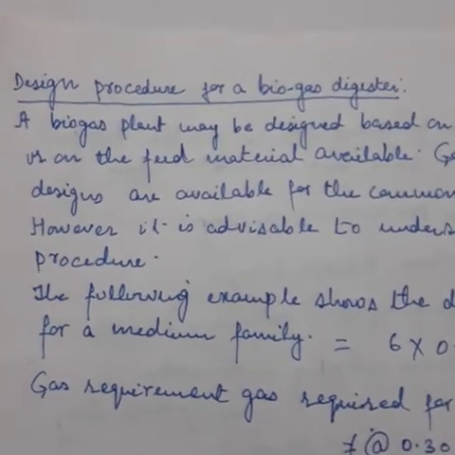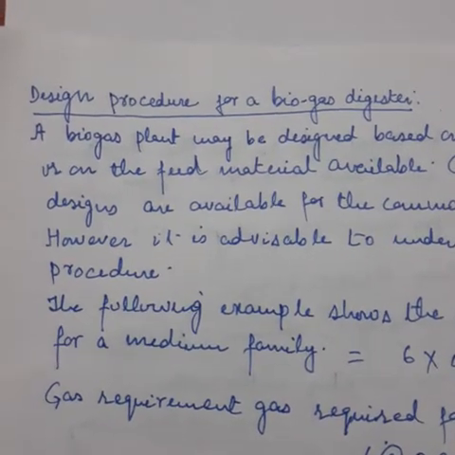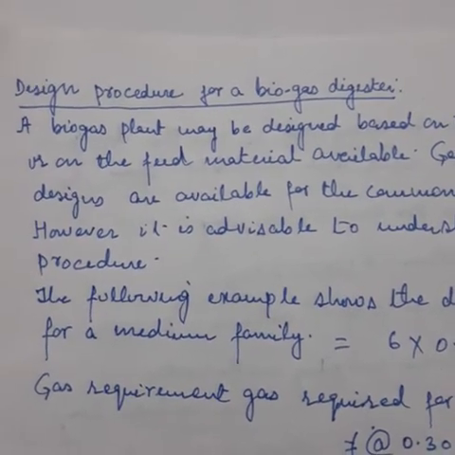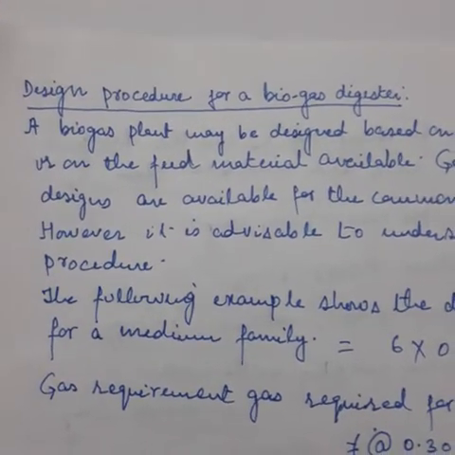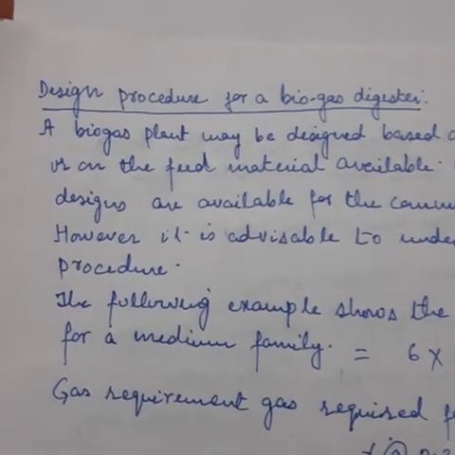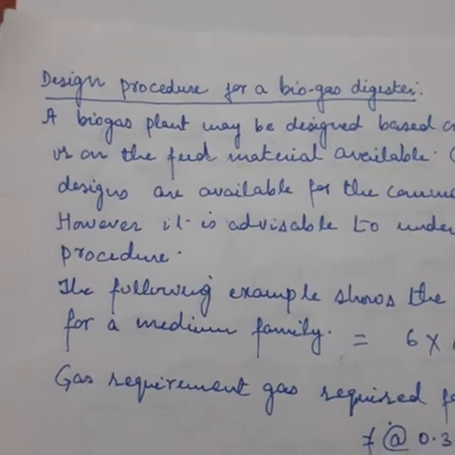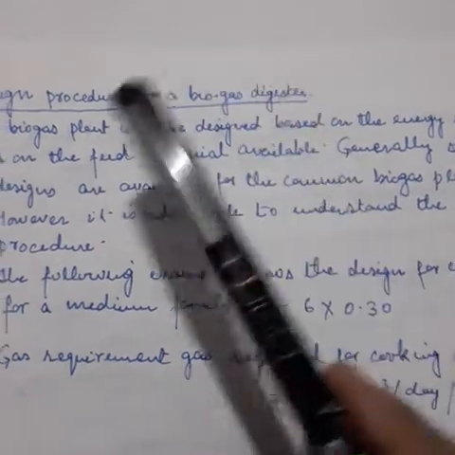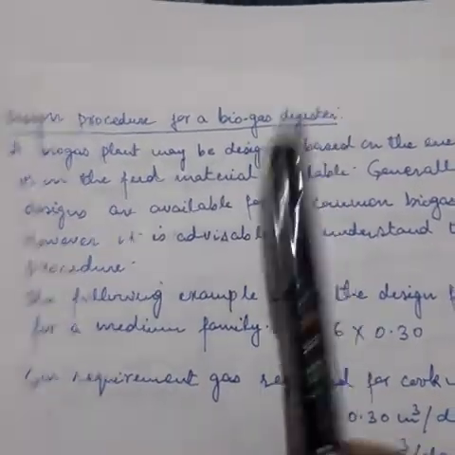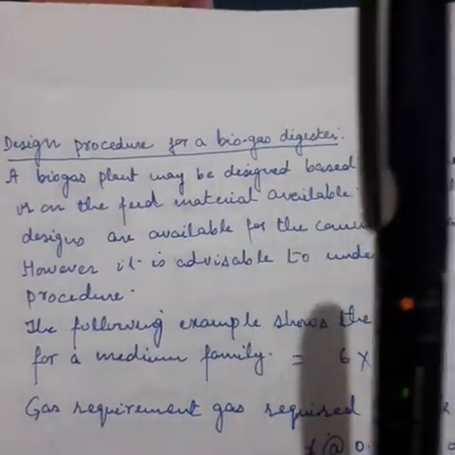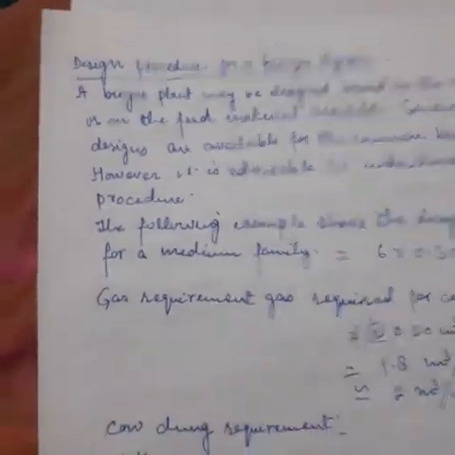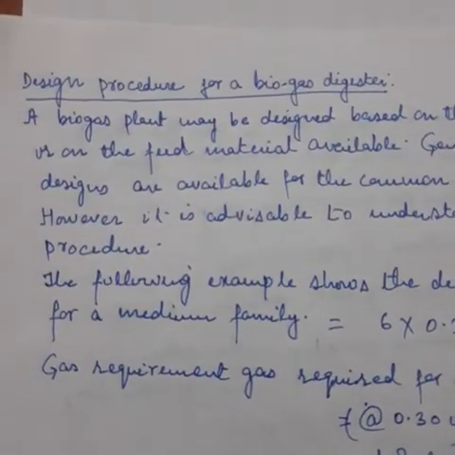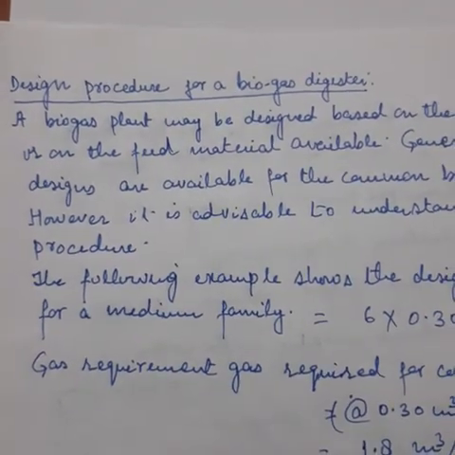So first, how to calculate the maximum quantity of biogas to be obtained by the biogas plant, so that some design procedure aspects are to be calculated, and by this method we can design the biogas plant. So in this video we discuss the design procedure for a biogas digester. It is very important that first we do a simple calculation based procedure, and then it should be optimized by the calculation of the biogas digester.